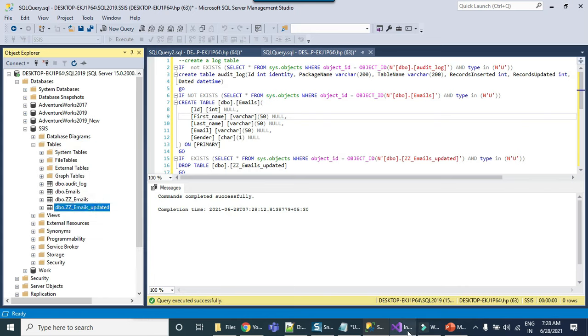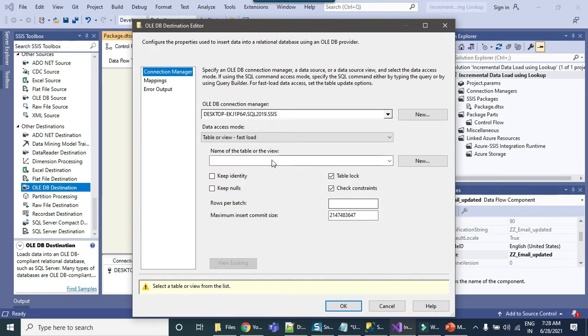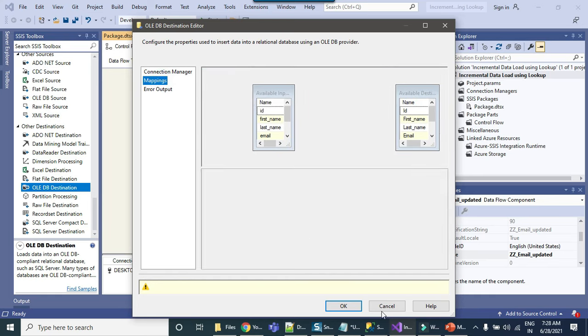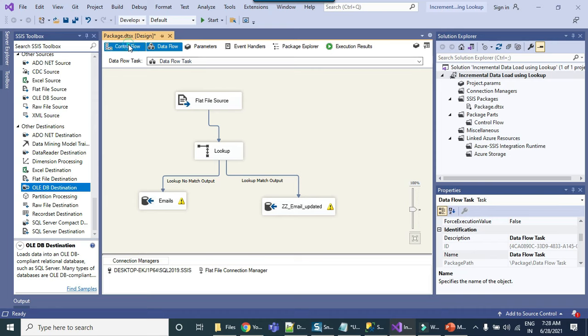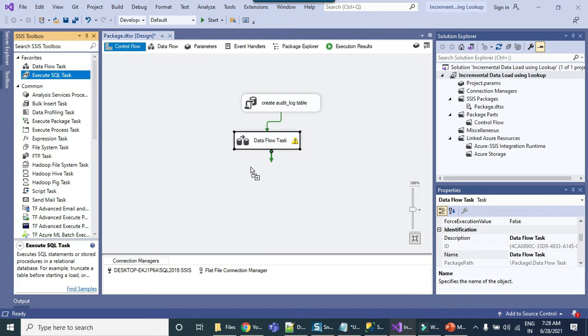Yeah, so this table is now here. Edit, select this table, mappings. Okay, so this configuration is done. Now we just want to update the data to the main table from this ZZ updated table. So that's the only thing that is remaining.